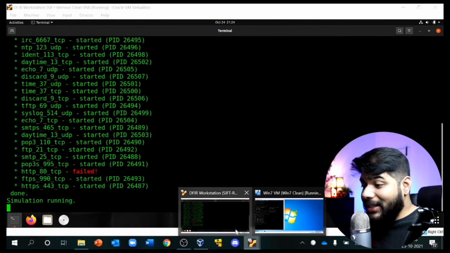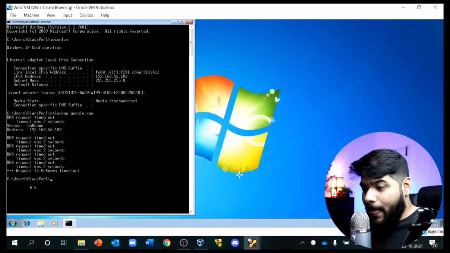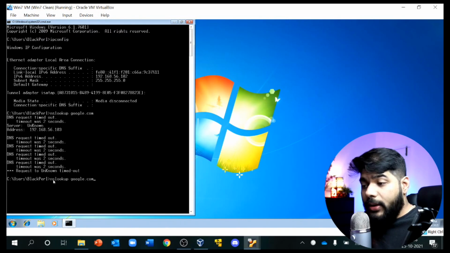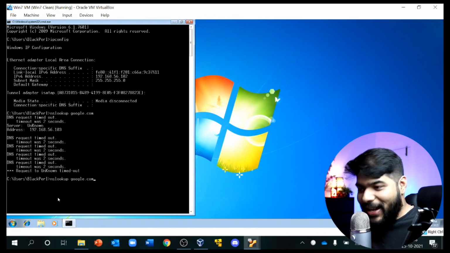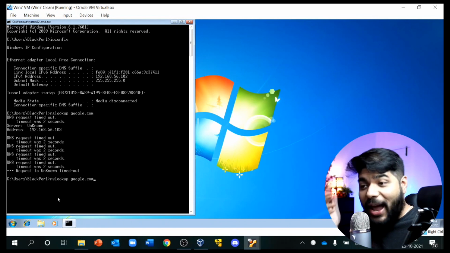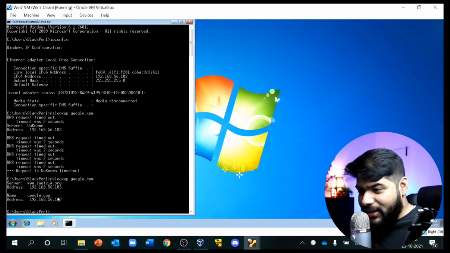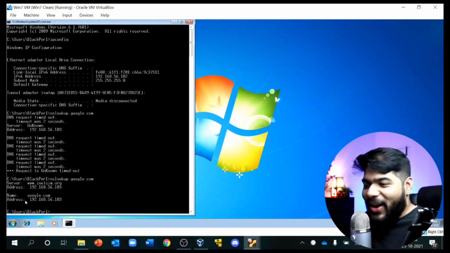So the magic now: you see that the previous command failed with the DNS timeout. We will run the same command again, and it will give me the address of the same Remnex box, but it will resolve the DNS and give me the IP address back of the same machine. So let's do that now. As you see, awesome, right?